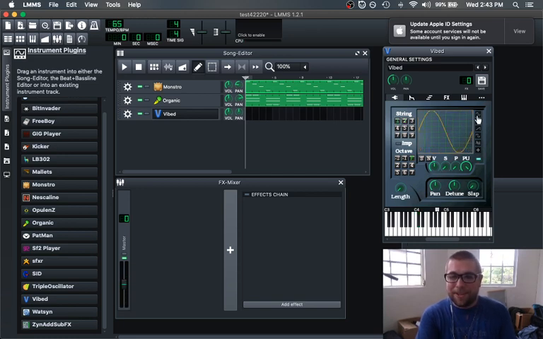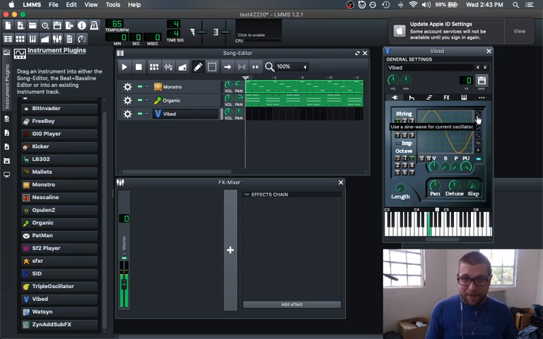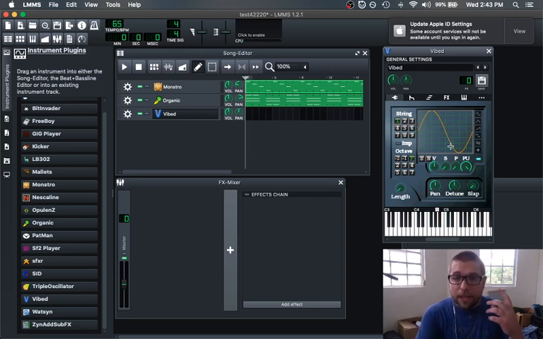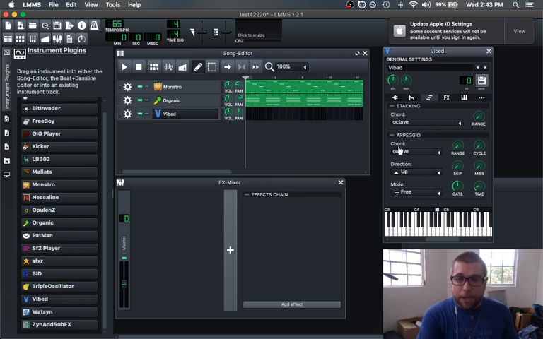I don't even know what I'm doing. Let's just go back to sine wave. Sine waves are cool. Has a little pluck to it. I like that. So let's go into the arpeggiator, turn it on. I just play it by itself.